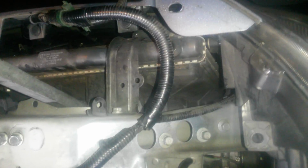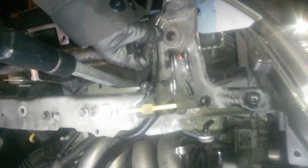Now most people were saying that this radiator had to come out to get to it, because the frame for the fan is kind of in the way to get to the bolts. So what I did, instead of taking the radiator out, was it has a bracket that comes here, and these two bolts hold it, and it holds right there. This is the bracket to give you an idea. It holds the headlight with one bolt there, two bolts there, and then obviously comes inside and holds the radiator. So I removed that bracket,